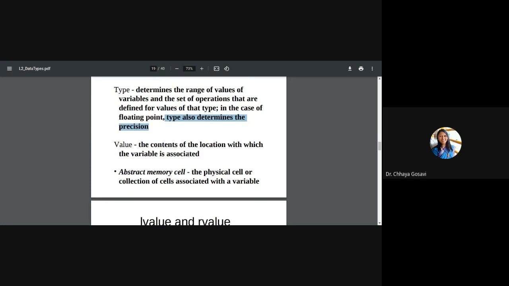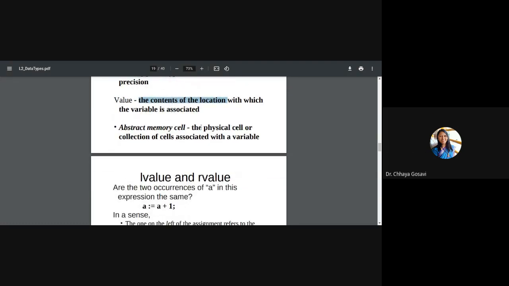Value, the contents of the location with which the variable is associated. So we know what a variable is. A variable is an abstraction to the location or address, the memory location. And the contents of the memory location means the values that we assign to the particular variable. Abstract memory cell, it is the physical cell or collection of cells associated with a variable.